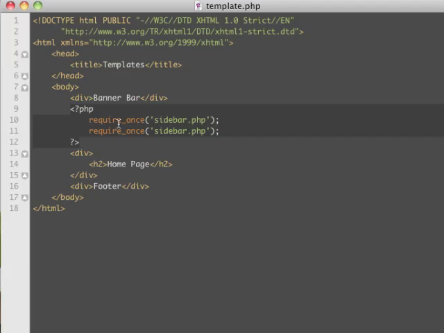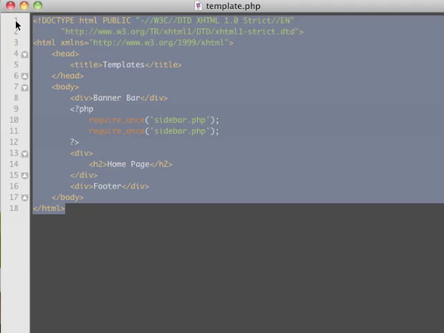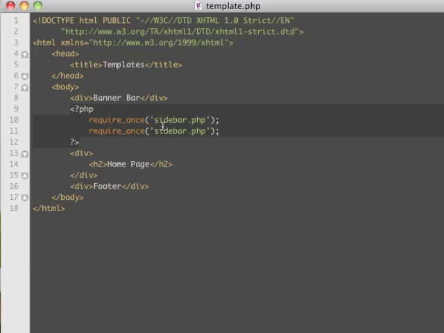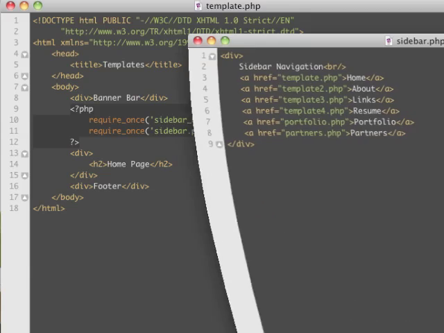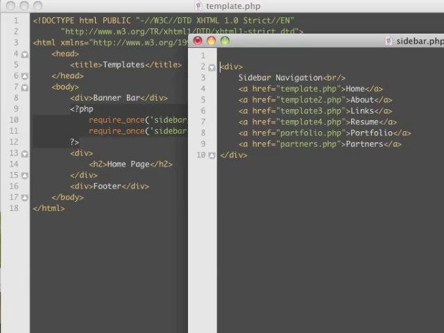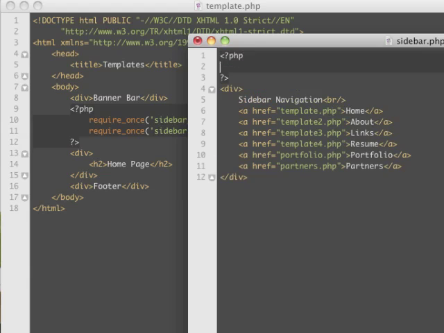So, it might be a little confusing. Well, can't you just look at this entire page and make sure you've only required it once? Well, maybe there's another file called sidebar helper or something like that, and you'd probably want to include the helper first right here. Now there is no file named sidebar helper, but maybe in our sidebar we also require the sidebar helper